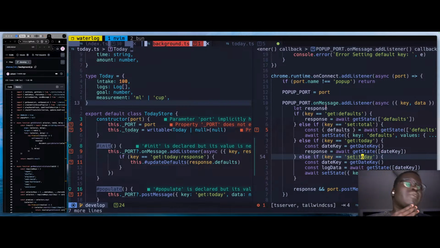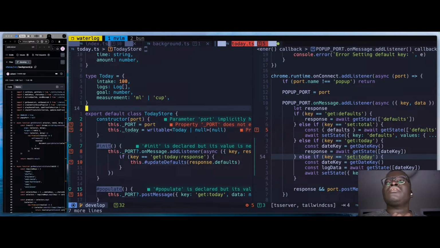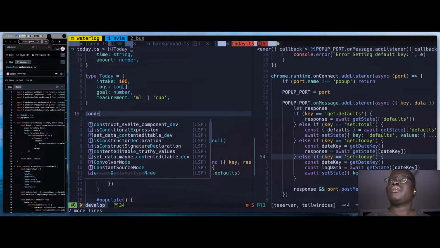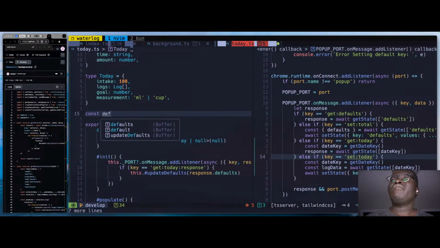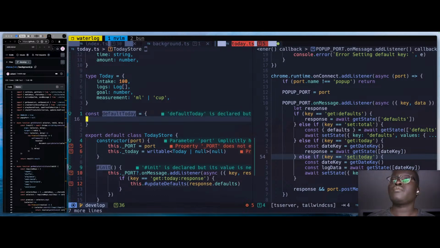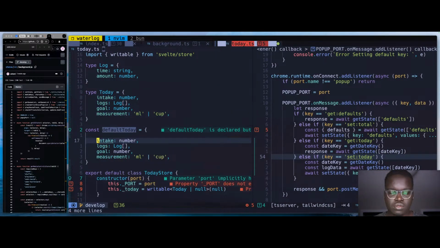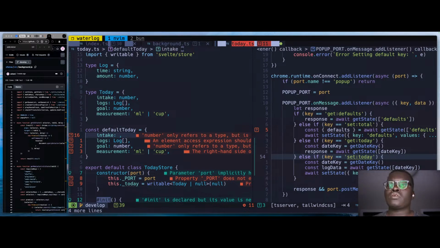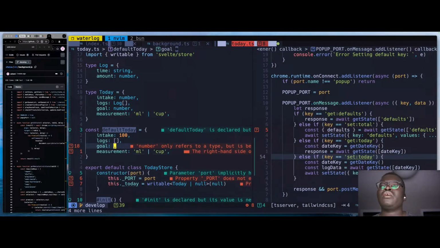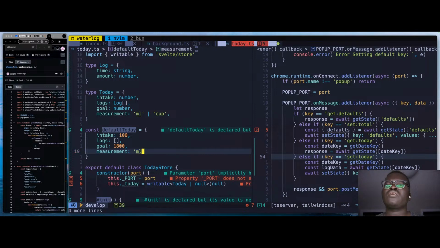So on get today, we might have to send in the data we want. So let's say if I have const default today, right? Yeah, this should be a number. Empty array and goal would be 1800. We might have to move this into like